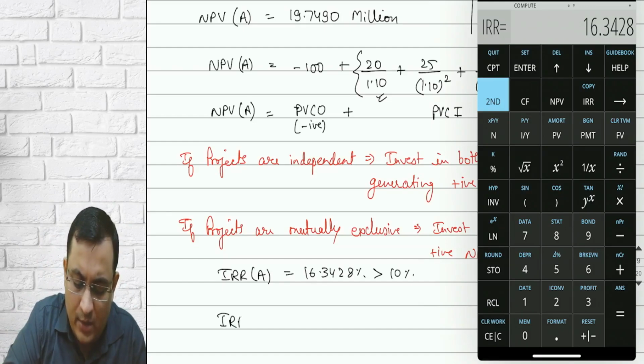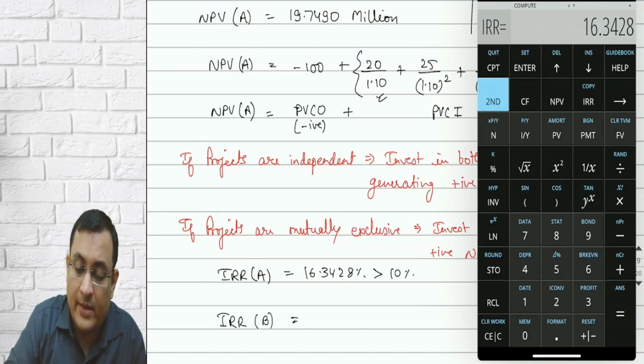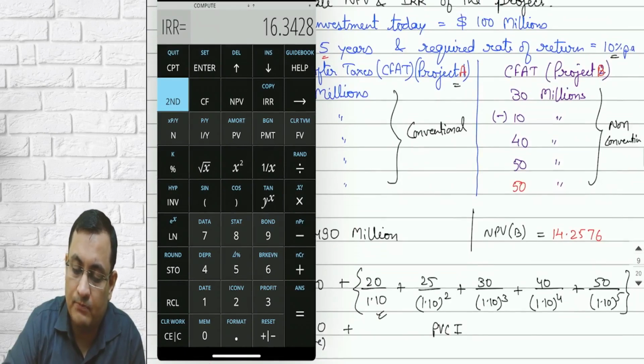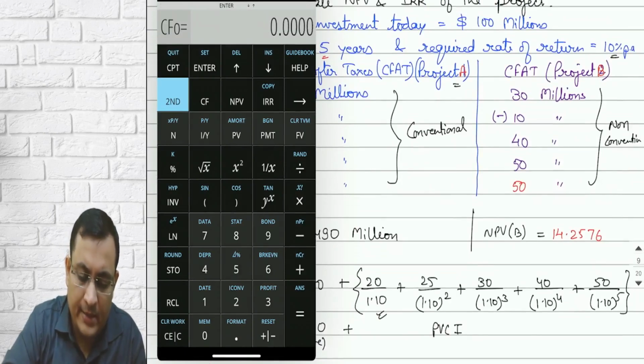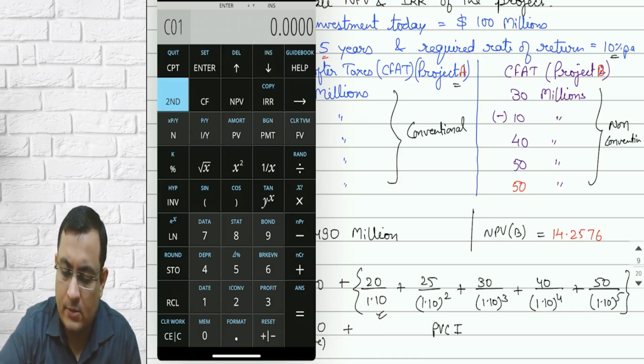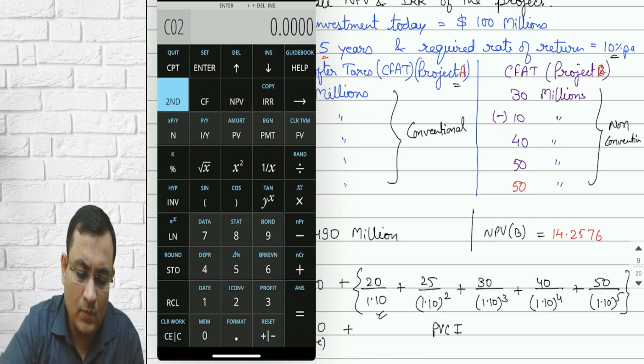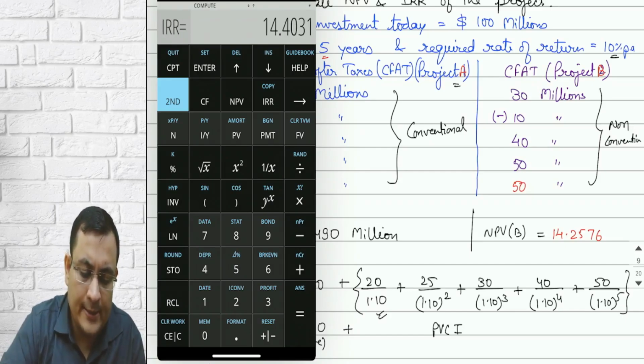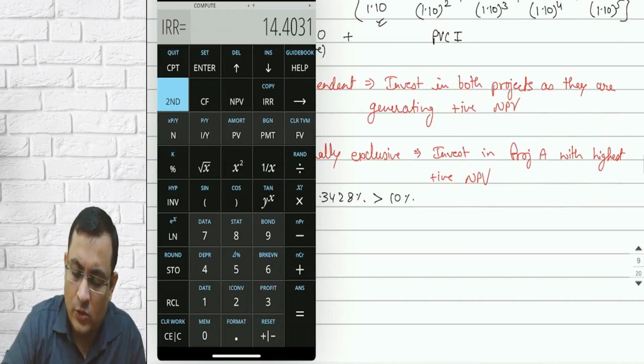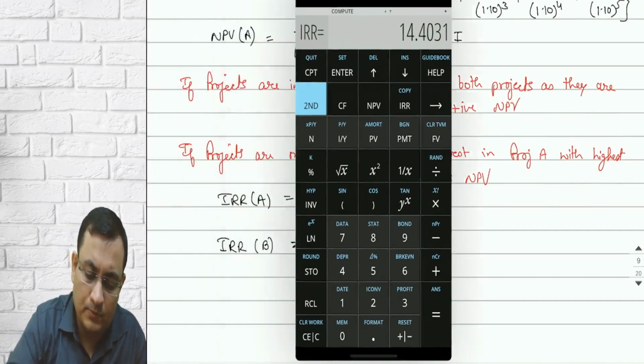Let's go for IRR of B. It is having unconventional cash flows. Again, second CF, second clear. 100 negative. Next, 30, 10 negative, 40, 50 with frequency 2 now. Let's set IRR equals to compute. So IRR of project B is also